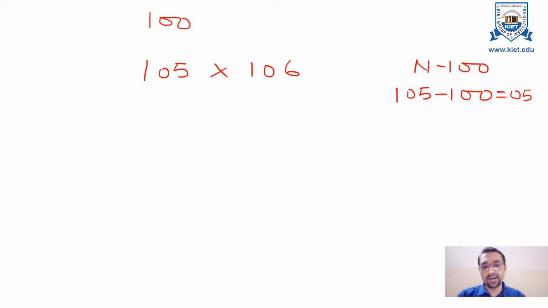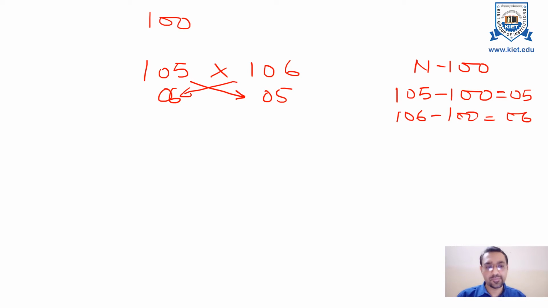You have to write down this 5 on the opposite side, or in the crisscross fashion. So 105 minus 100 gives you 5. In a similar way, 106 minus 100 will give you 6. Okay, now you have to add these two terms. So 105 plus 6 will give you